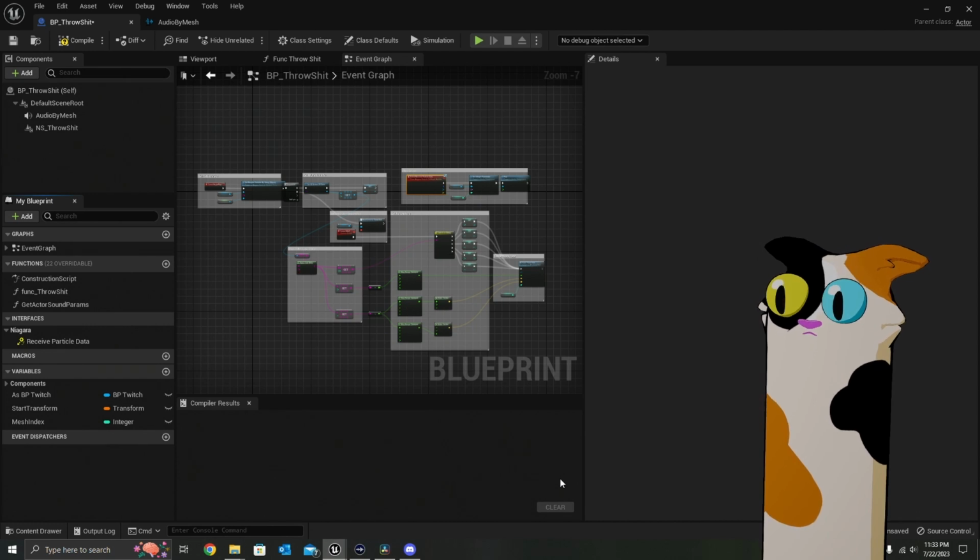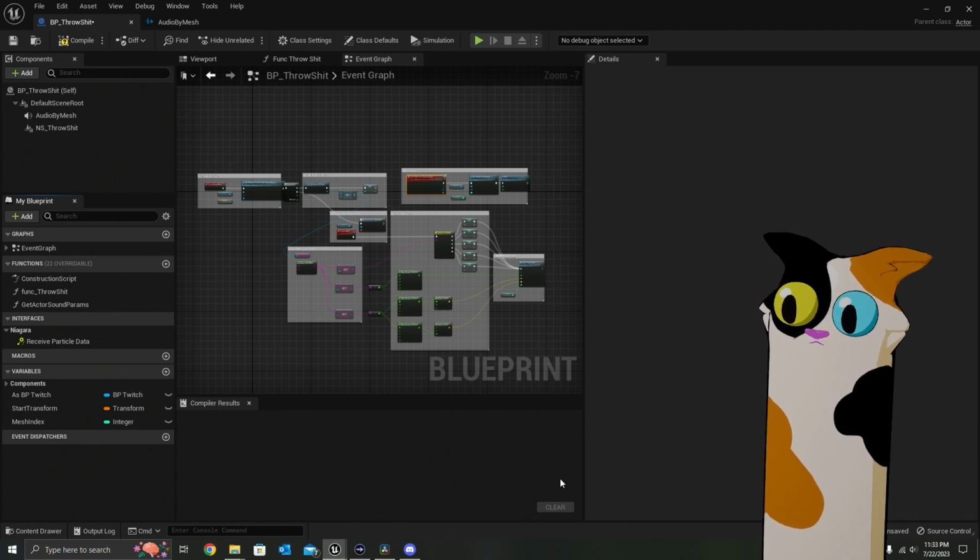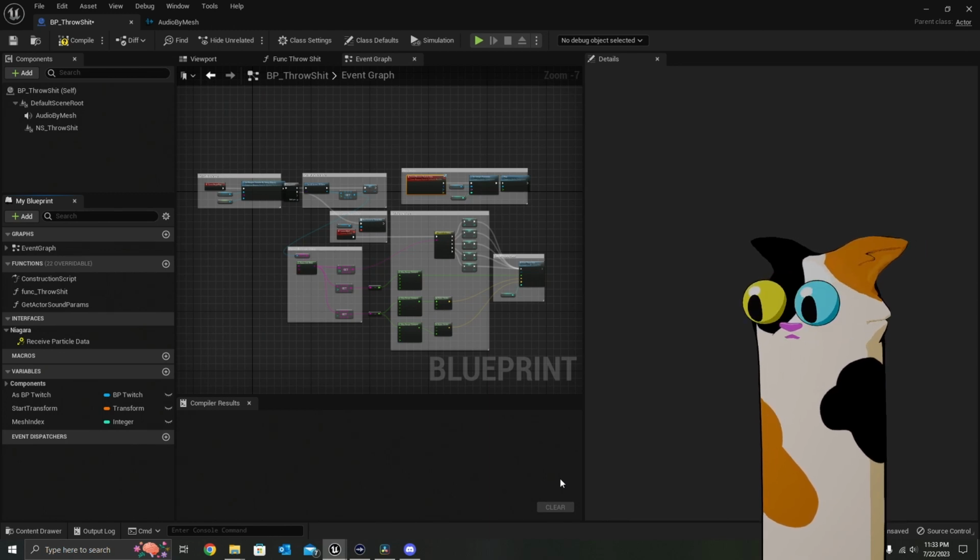So there you go. That's how I have a Twitch redeem that allows users to throw different meshes at my